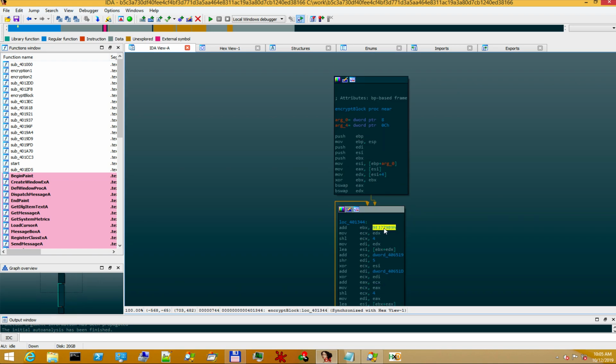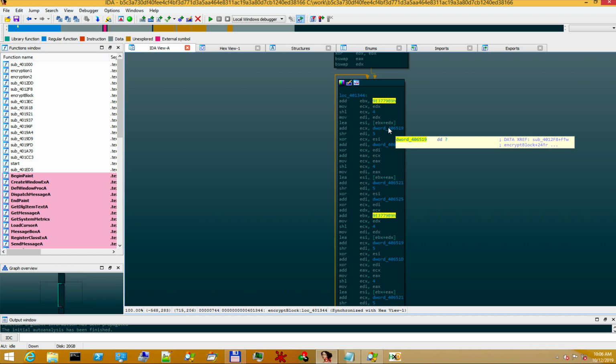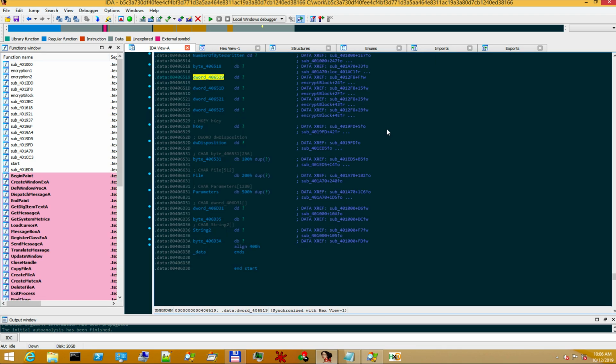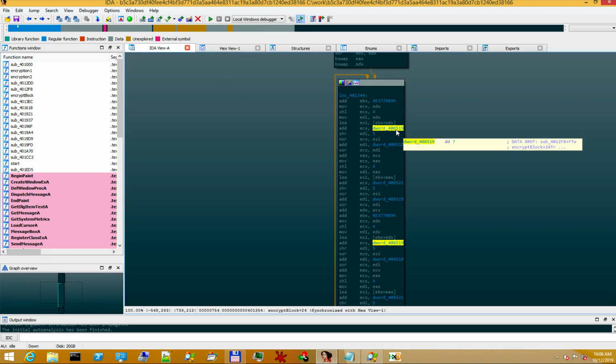If we do a quick online search, we'll find that they belong to a well-known encryption algorithm called XTEA, for which there are Python implementations and C source code already available. We also have other constants, unknown for now, which are created dynamically in the data section. Notice their value is a question mark.